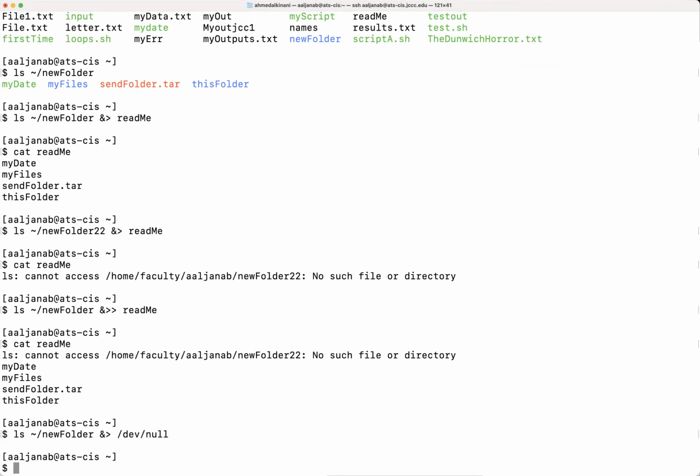And we said we utilize this file a lot when it comes to if statements, because whenever you have an if statement, your decision about which branch of code is going to be executed simply relies on the exit status of that command. If the command that you type has an exit status of 0, that is treated as true, and then whatever is underneath that if statement is going to be executed. And if the exit status is not 0, a non-zero value, that simply means there was an error. And if there's an error, then the else block of code is going to be executed. So that was something that we talked about too.